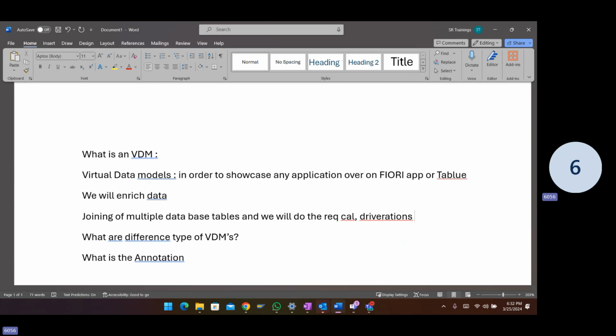Based upon your business requirement, whatever derivations are needed, for that we will be creating this virtual data model, and we will be showcasing that in a Fiori app using an